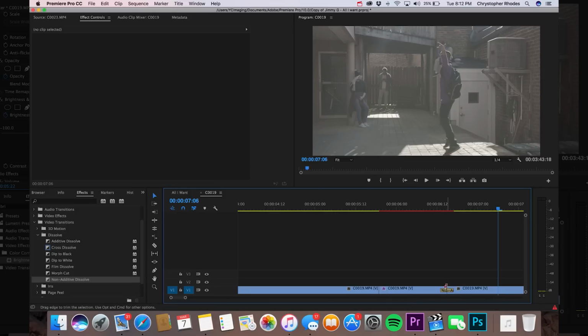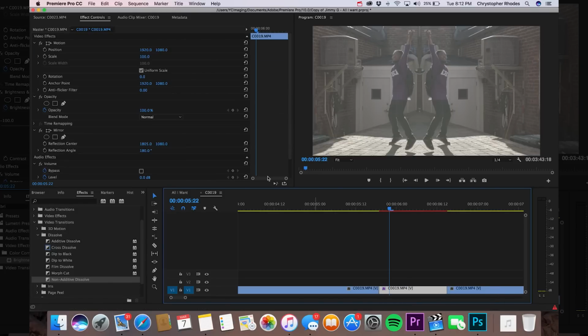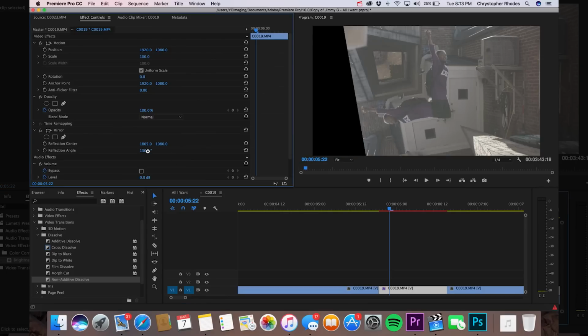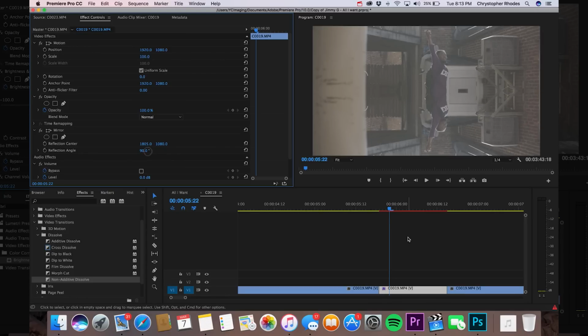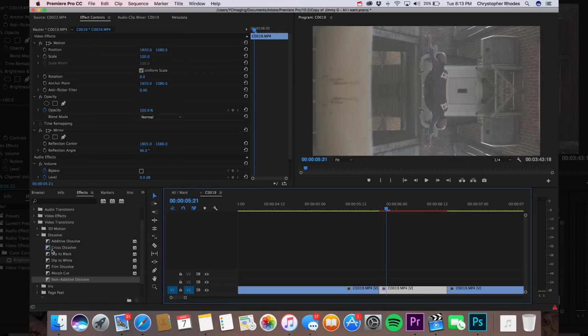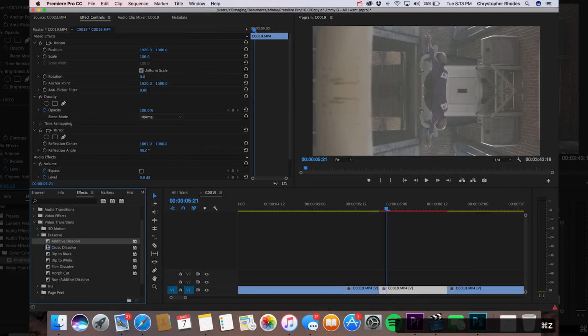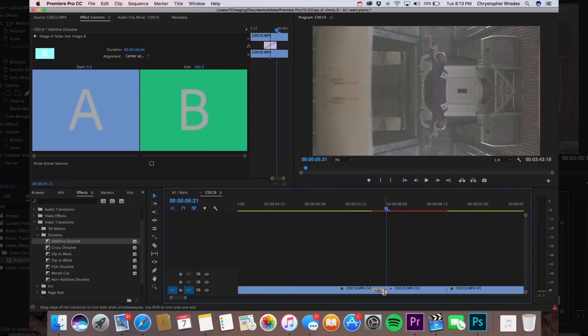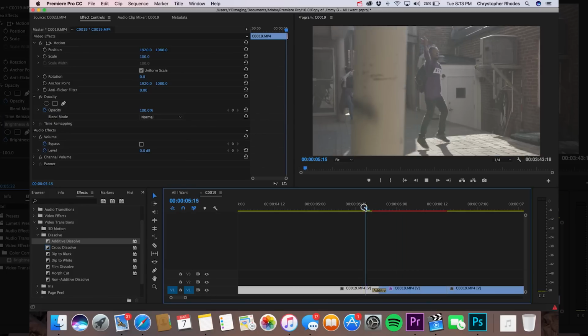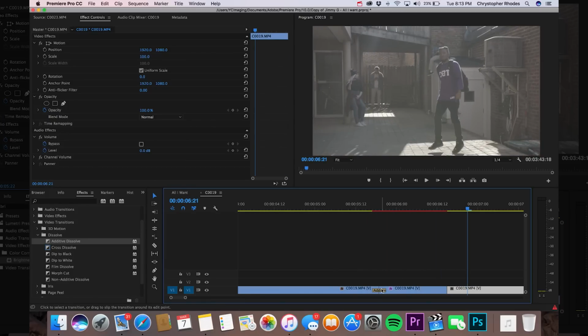As I said, you can really adjust the angle to whatever you want. I wanted the vertical mirror split, so I did 180. If you want to do a horizontal split, you can do a 90. As you can see right there, it splits in the middle. You can also add in an additive dissolve to transition between those two as well. Just get creative, do what you want to do with that. But I want to see how this will look with the actual horizontal to see if that's cool or not. And I'm going to stick to the actual 180 vertical. That's the mirror effect right there.